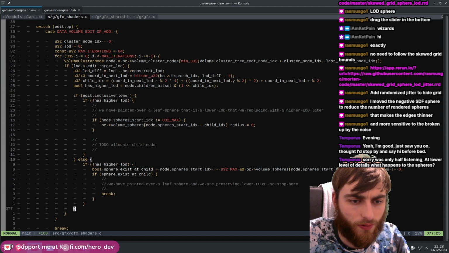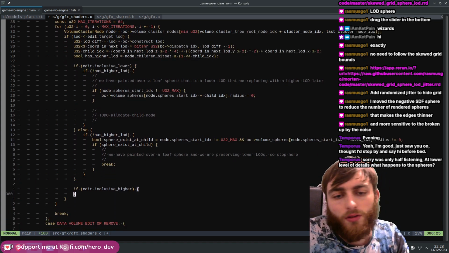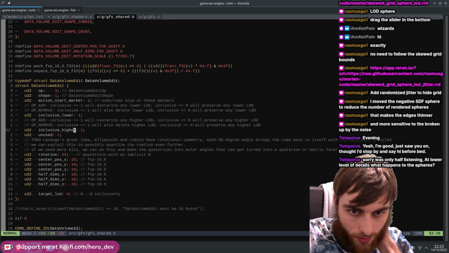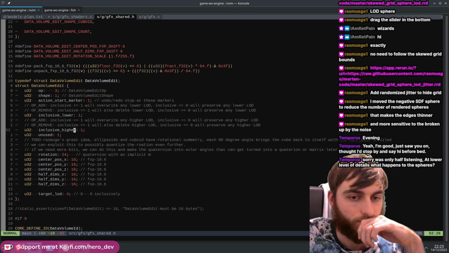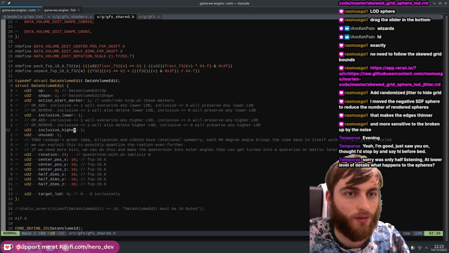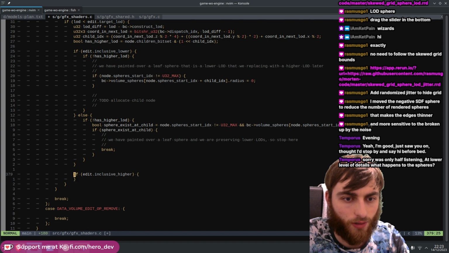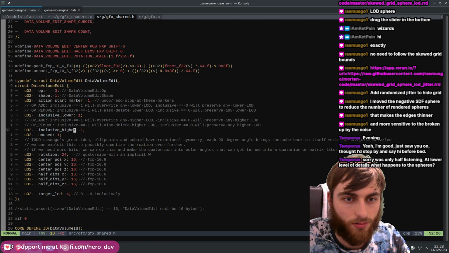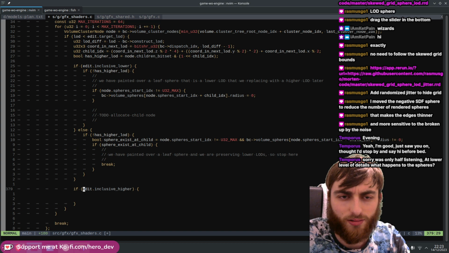Right, let's just do another one of these. So if this thing is set, you're going down the tree. Will overwrite any higher level of detail. So that will simply mean just don't do any work, right? So if this is set, and we've passed. So if we're at the LOD,